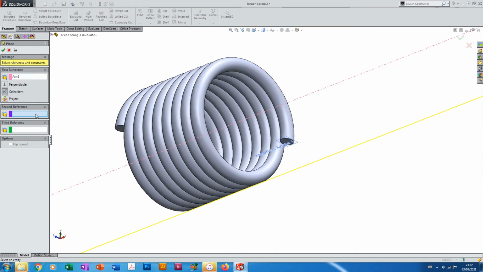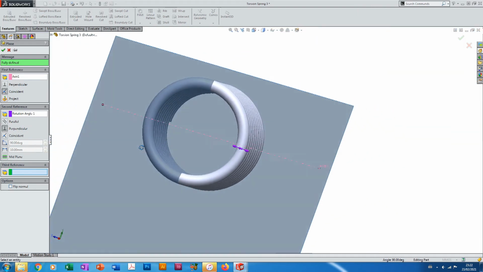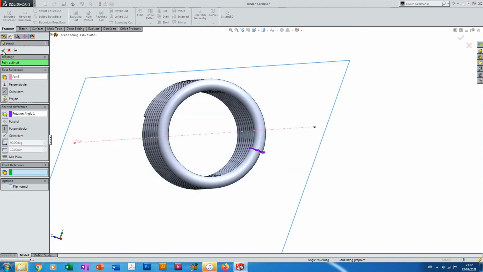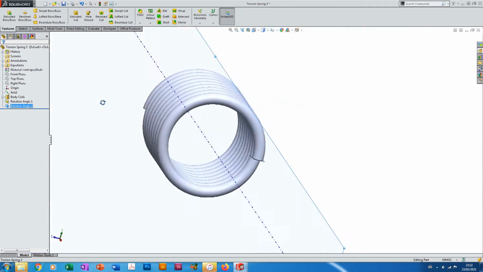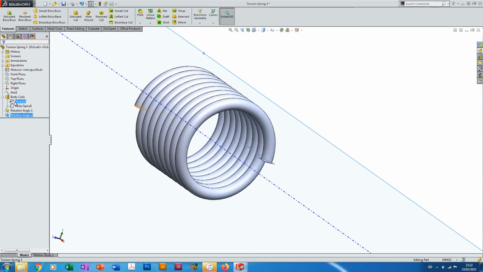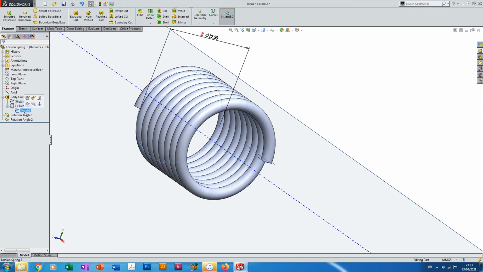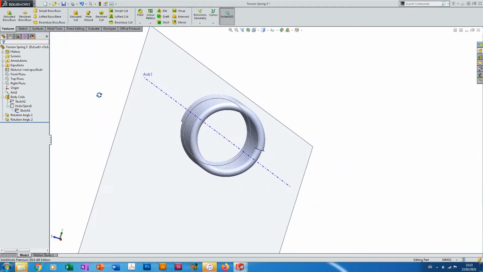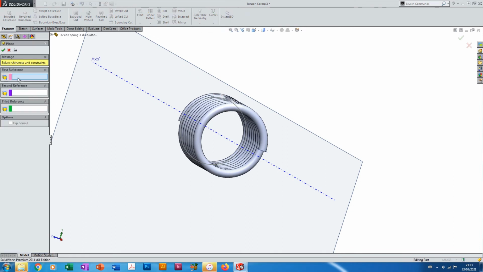So it's attached to the axis, and the second reference is the rotation plane, and it's perpendicular to that plane. So it's going to move with it. We'll call this rotation angle 2. And we need one more. And this last plane we're going to sketch on. So just looking at what we've got, let's reveal the mean diameter of the coils. Reference plane, so offset from rotation angle 2